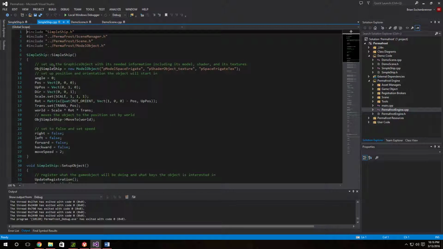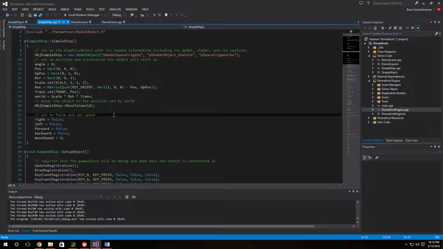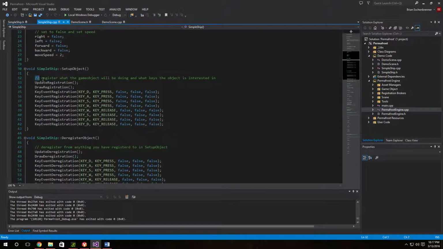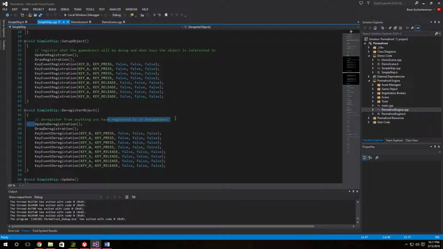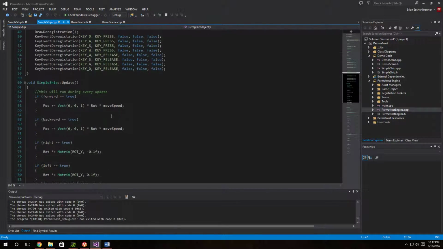Go to the next part, telling you how to set up that model object, and then how to set up the position, and then this moves the position into the world at that spot. They're all set to false because there's nothing moving, telling you that you need to register everything in, so it's registering all the keys, the update and draw. Everything that needs to be registered needs to be deregistered in the setup object,